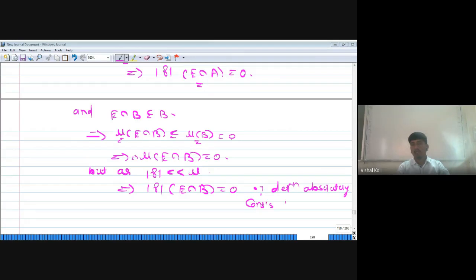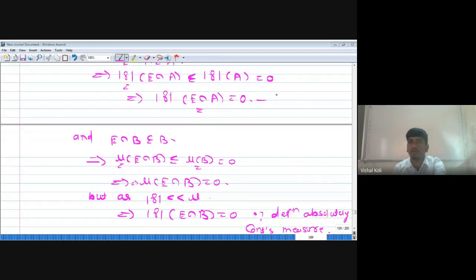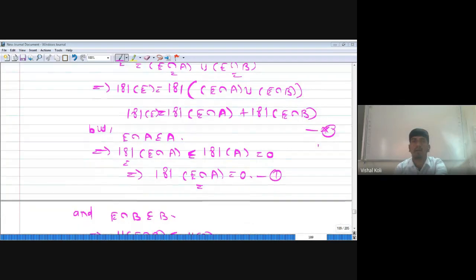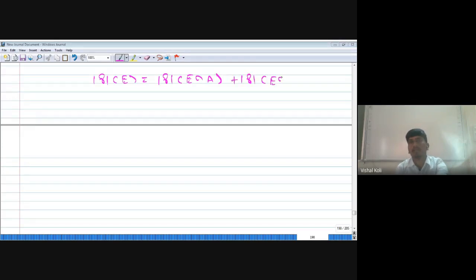Continuous measure. Okay, so here we get total variation of gamma of E intersection A is equal to 0 and total variation of gamma of E intersection B is also 0. Now just put these values in star, then we get modulus of gamma of E, or total variation of gamma of E, is equal to total variation of gamma of E intersection A plus total variation of gamma of E intersection B, and both will be 0, which implies total variation of gamma of E